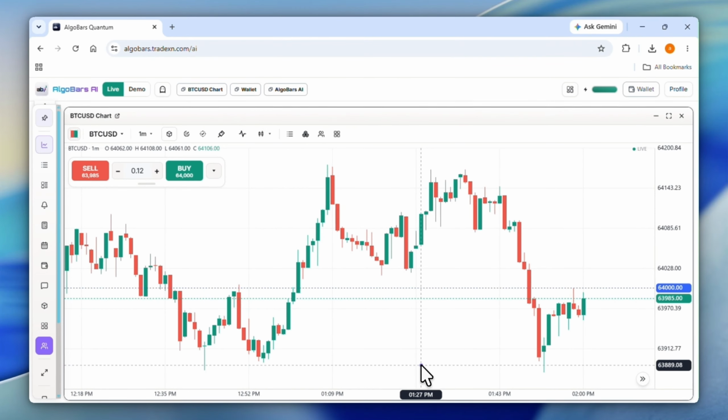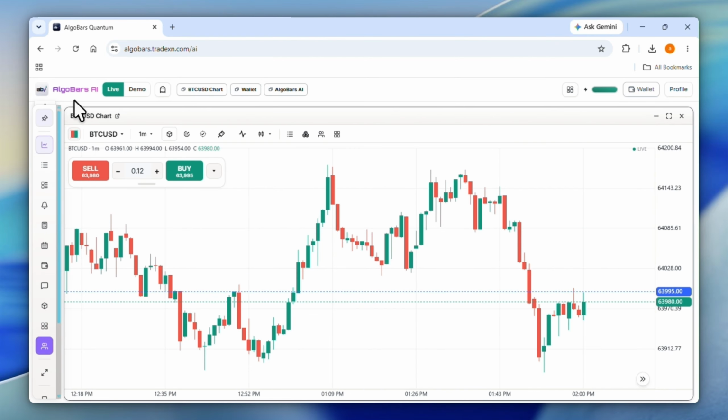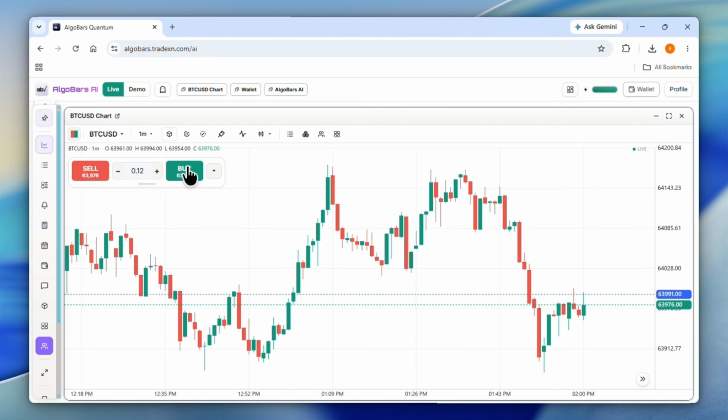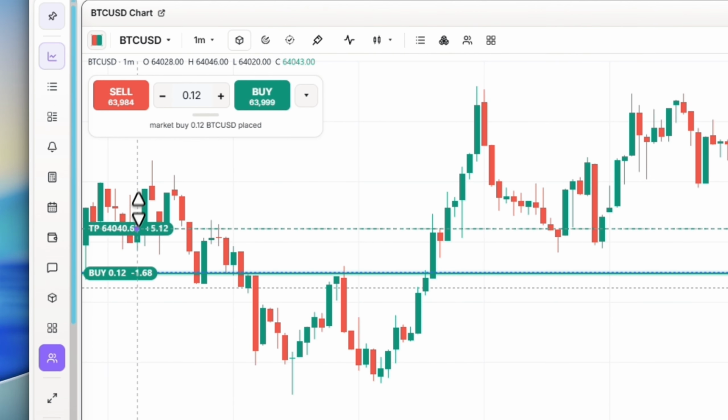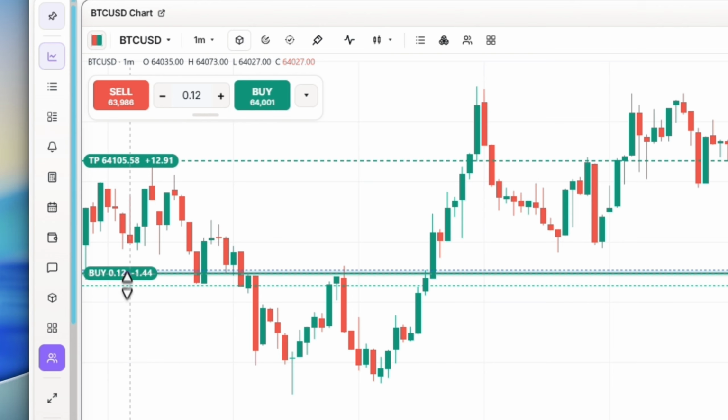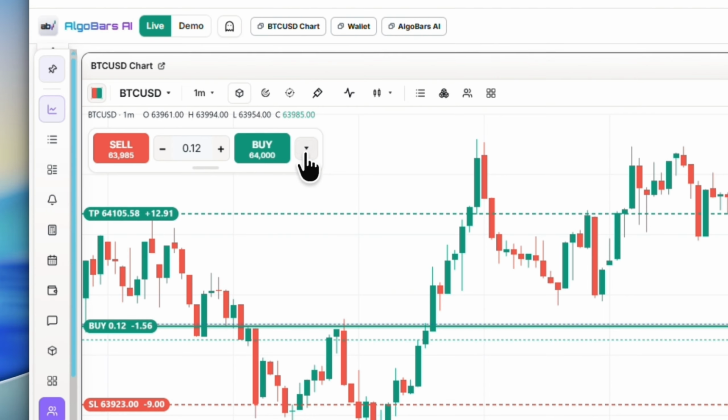Welcome to AlgoBars. We're here to provide traders, brokers, and prop firms the absolute best platform on the planet when it comes to order execution, trade automation, market analysis, and everything else you can possibly imagine when it comes to your trading. We're the all-in-one platform, which means you'll be able to build your entire trading flow or trading business